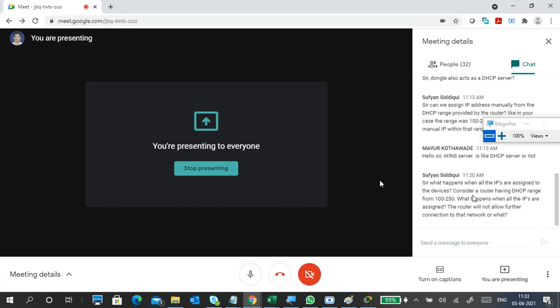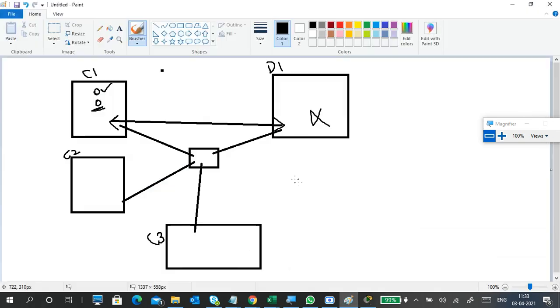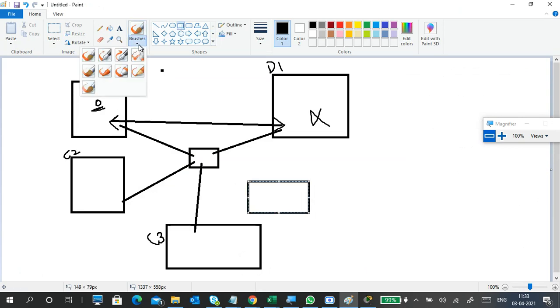Another point is that not only computers, we have laptops nowadays, right? For example, I have a laptop. I connected it here and I got an IP address. I assigned it manually, no DHCP server.